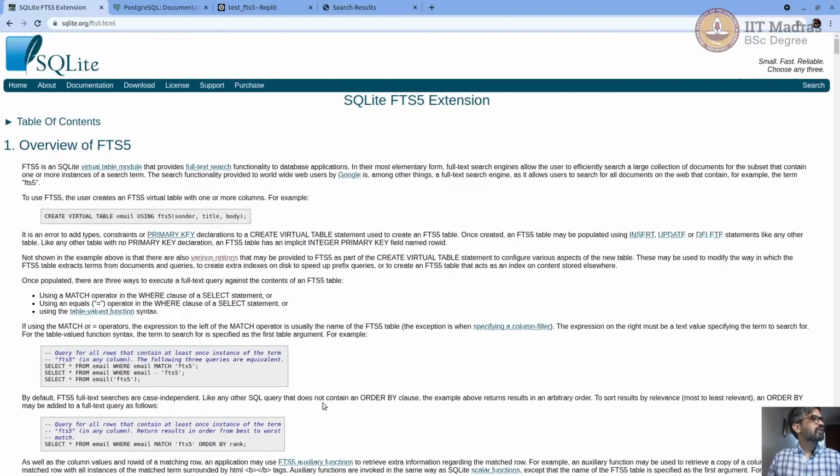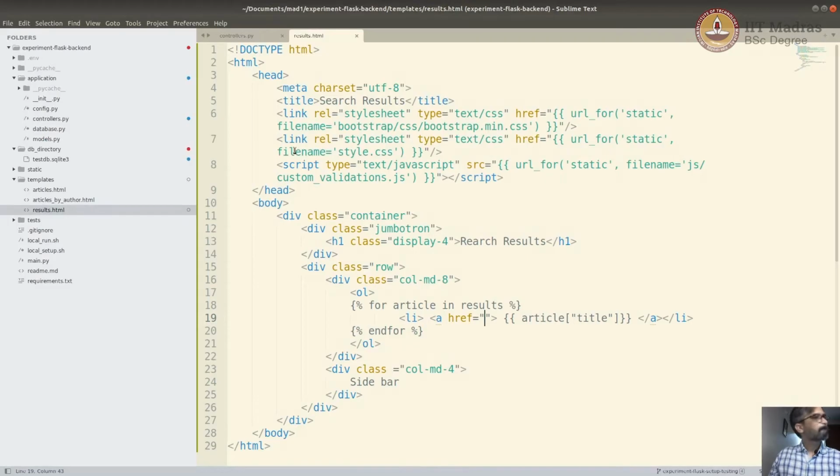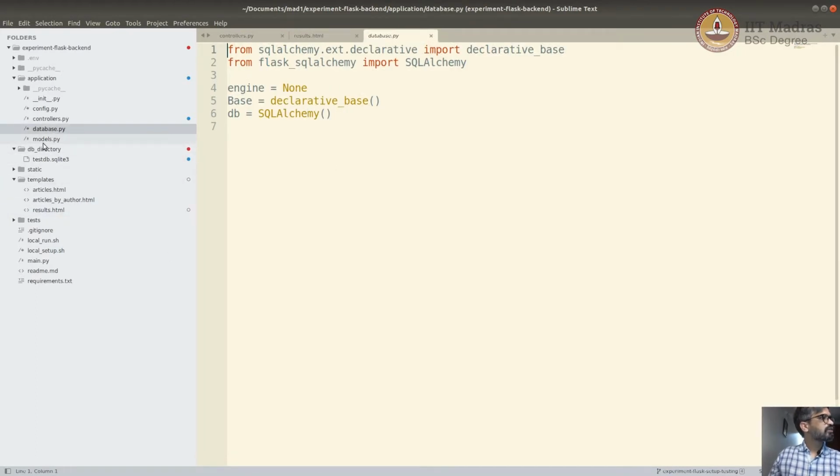So in SQLite, the new extension is called FTS5, and we can use that to actually build our search in a very flexible way that makes our search scalable, faster, and useful in many ways. That's why we're going to use FTS5 and build this same search feature again, right? Let's do that now. Okay, so we're going to keep this as it is, and we're just going to build the